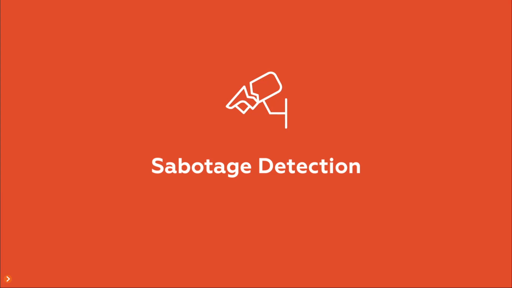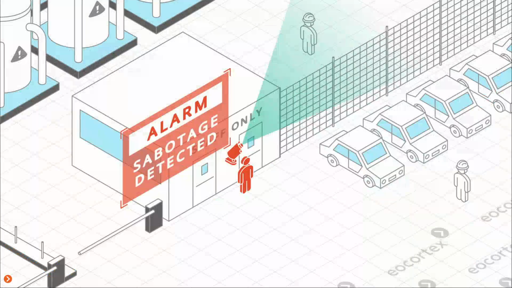Sabotage detection. In some places there might be vandals or even those who want to steal something or do some bad stuff. If they spot the camera, they are very likely to try to hide it, to cover it, or to defocus it to prevent them from being spotted by the cameras. But our module